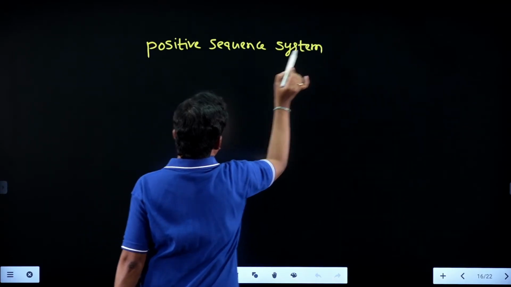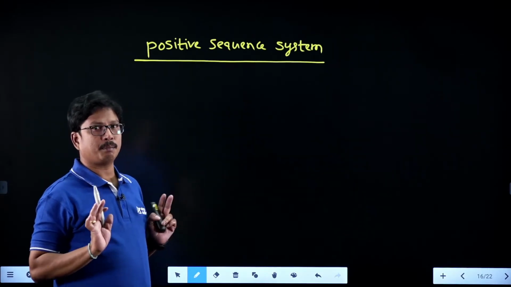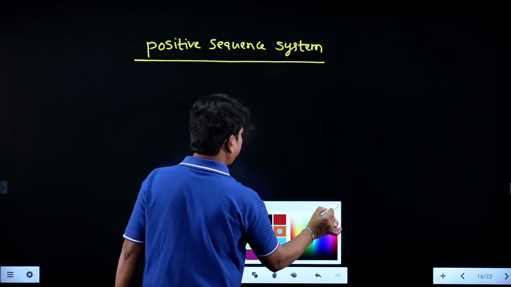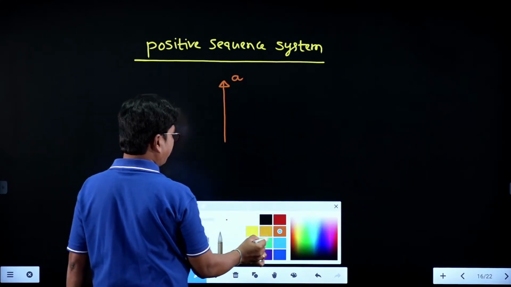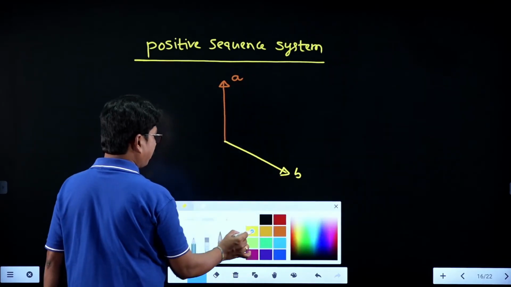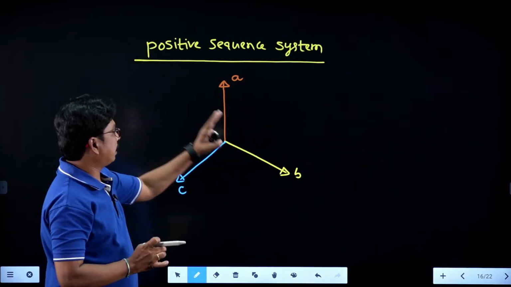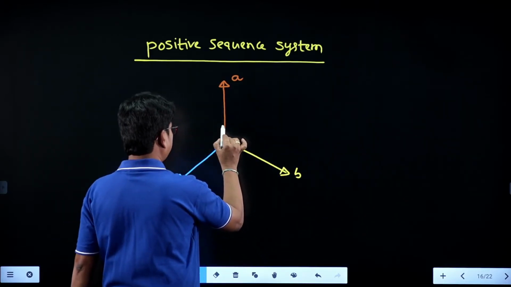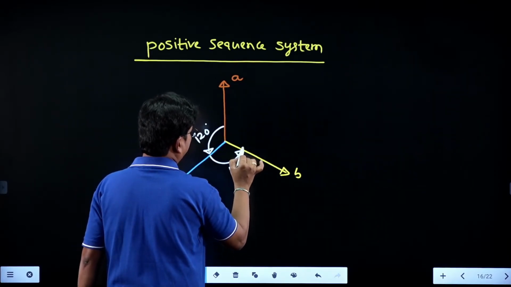in case of the positive sequence system, students, the positive sequence components always have equal magnitudes. So the magnitude of phase A vector, suppose if this is the phase A vector, and the magnitude of phase B vector, and the magnitude of phase C vector, will be same, right? So all the 3 are having the equal magnitudes, and the phase angle difference between them will be 120 degrees in the anti-clockwise direction, 120 degrees here and 120 degrees here and 120 degrees here,